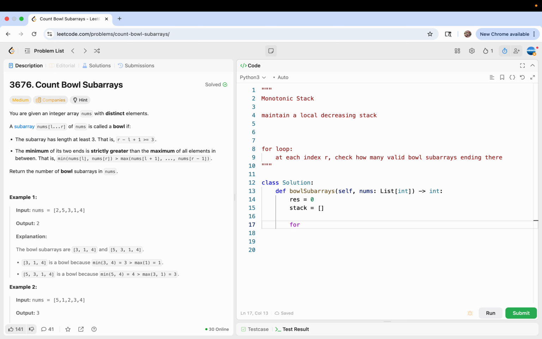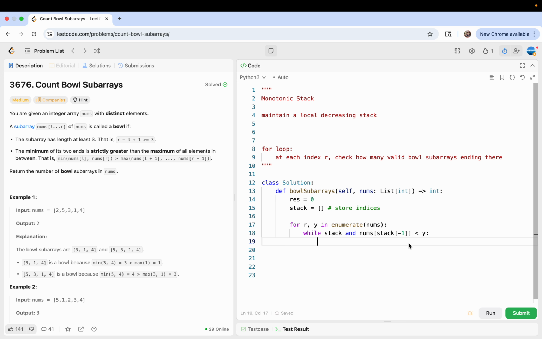Because we are going to track the index, I'm going to use r, y in enumerate nums. Here, let's look at the monotonic stack condition. Also notice the distinct elements. So while stack, and notice the stack is going to store indices, not the numbers directly. If the top element in the stack, that is stack[-1], because this is the add condition, if the stack is not empty, we can always retrieve the last element. If the corresponding element is strictly smaller than y,